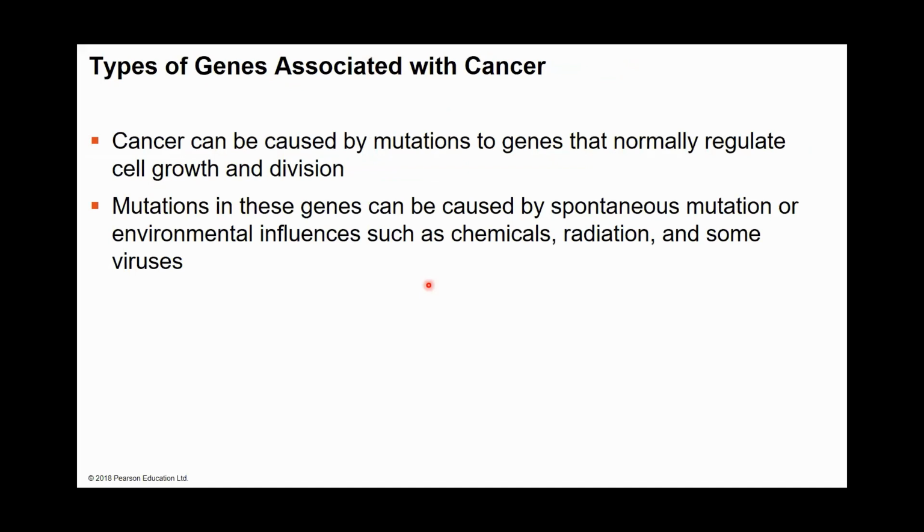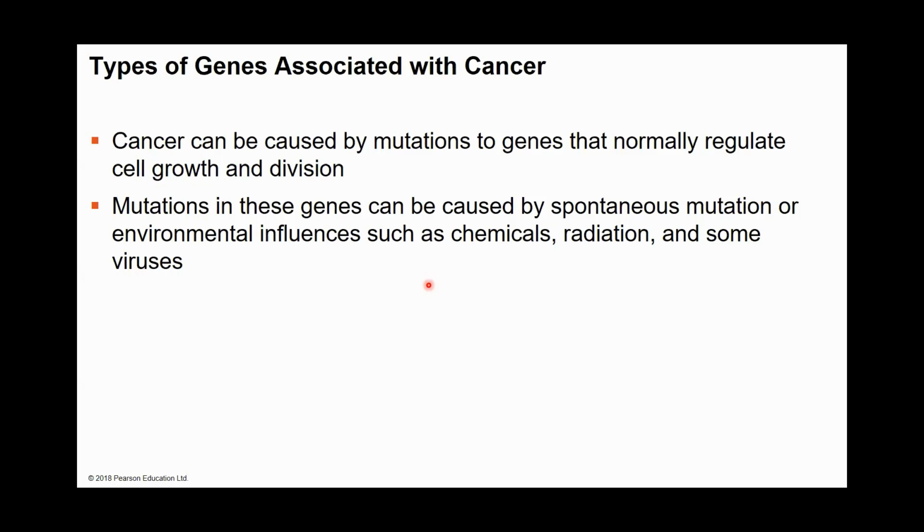So we know that cancer can be caused because of mutations happening in certain types of genes. You learned about cancer in chapter, I think, 12 in Biology 101. So cancer is a type of disease in which cells start dividing without control. Okay. So remember when you were learning about the cell cycle control and the cell cycle in general and mitosis,